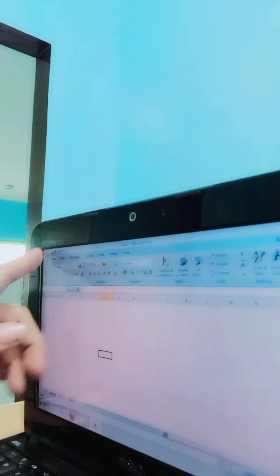If you want to make another page, you can use insert here. You can insert another page now. If you want to delete, just right click, then choose the word delete. Okay, these are just highlights about Microsoft Excel. It's also the same as Microsoft Word. It also has parts here.